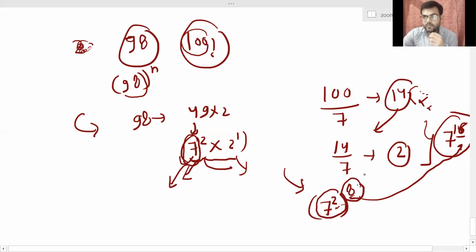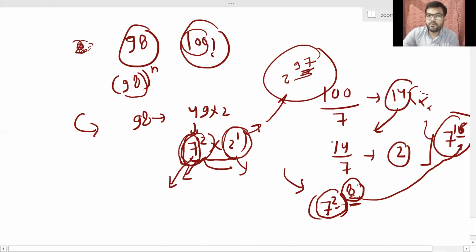So in this case, guys, what I'm trying to tell you, please listen to me very carefully. In this case, you do not have to find out the maximum power of 2. Why? Because the power of 2 is already more. And we have to find out the power of 7 square. So the power of 7 square is 8, which is much less than the power of 2. The power of 2 was 97 in 100 factorial, right? So this power is much more, this power is very less. So we will have how many number of 98? We will have 8 number of 98 over here.